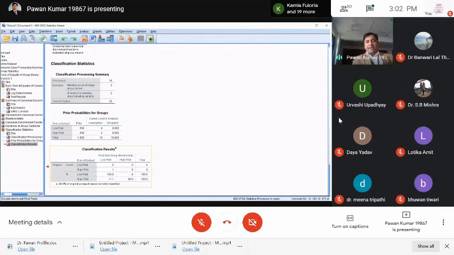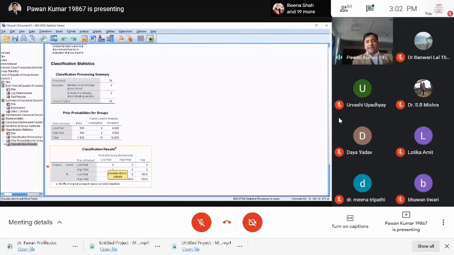Your observed low risk is 9 and your predicted low risk is also 9. This means SPSS classified the low risk very accurately. Similarly, high risk is also accurately predicted and classified, that is 8. But this 0 and 1 is wrongly classified. Why?